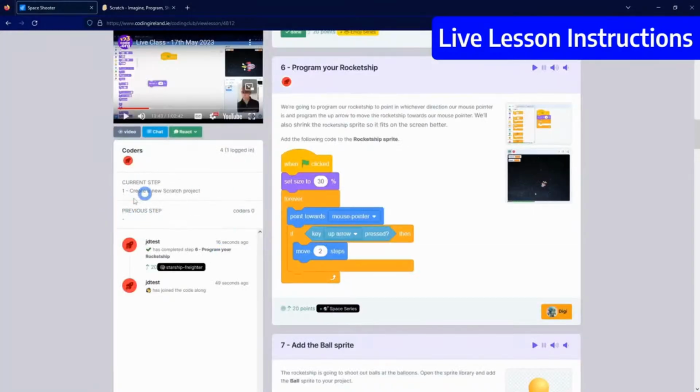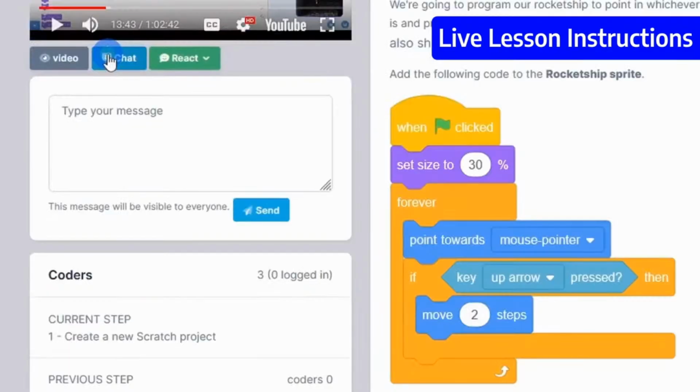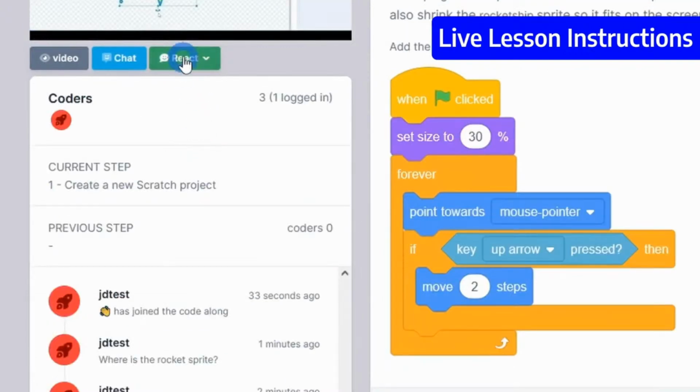Under the video box, you will see what step the teacher is currently on. Under that, you will see the chat feed. The chat feed shows you how everyone is doing, and you can put your own entries into it by clicking on the blue chat button and entering your question or message. Or you can give a quick thumbs up or down, or even put in emojis by using the green React